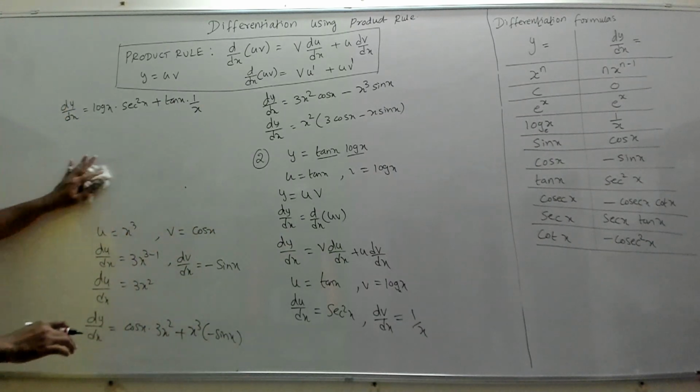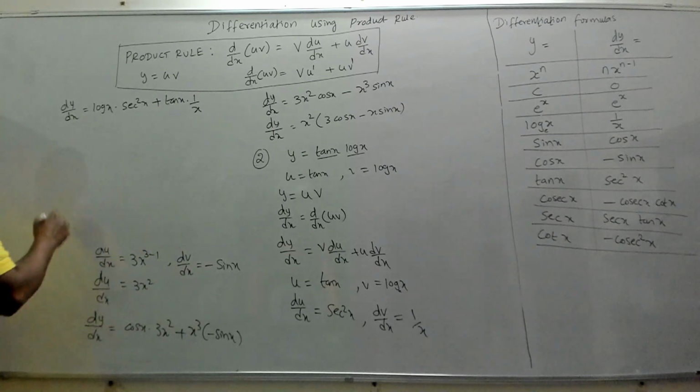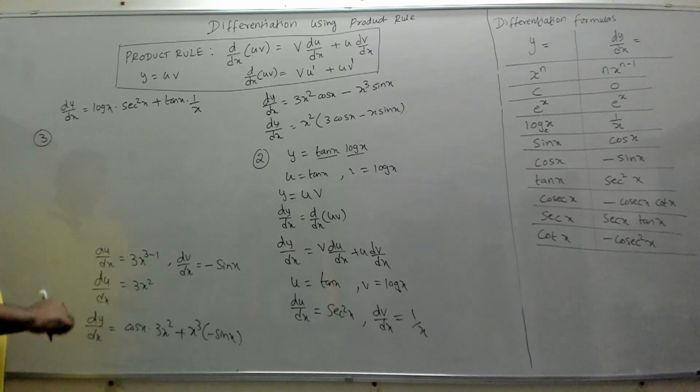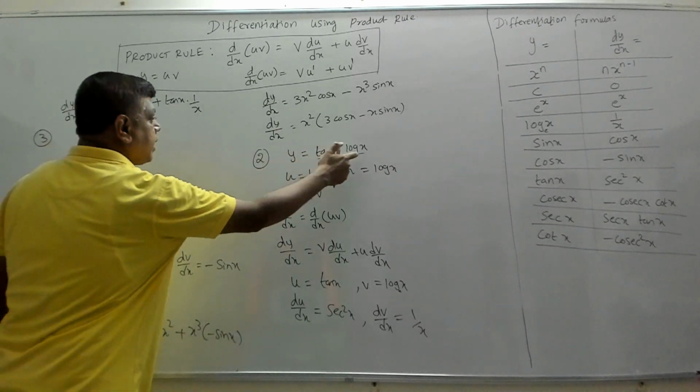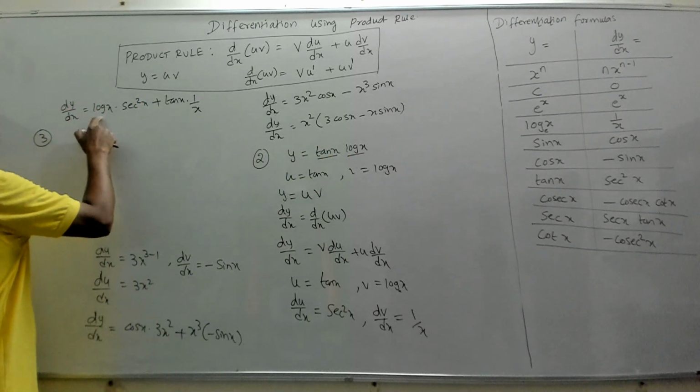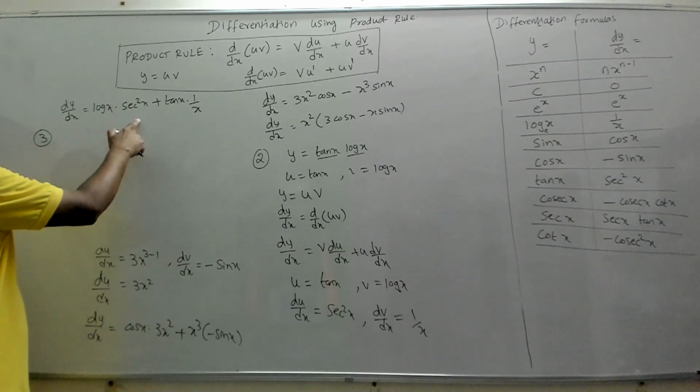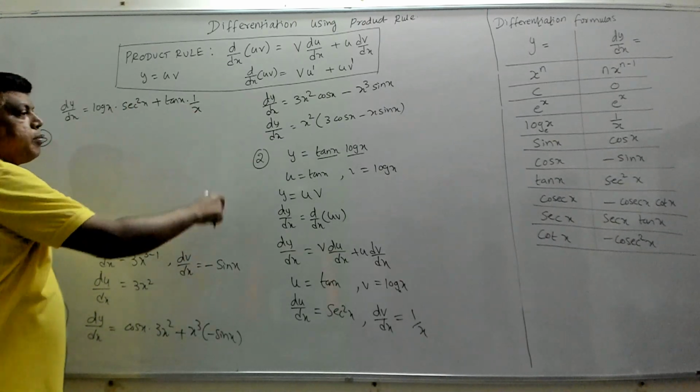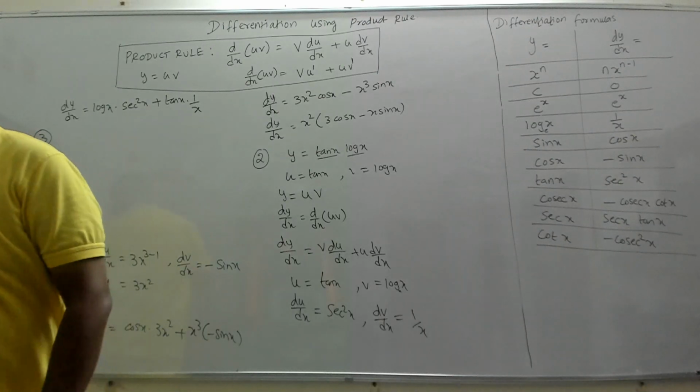So all of you can copy this. I will go to the third problem. For y is equal to tan x log x, your derivative dy by dx is log x into secant square x plus tan x into 1 by x. The next question is